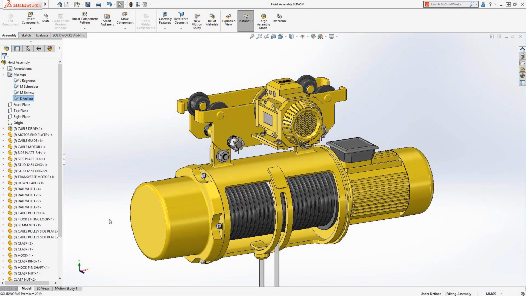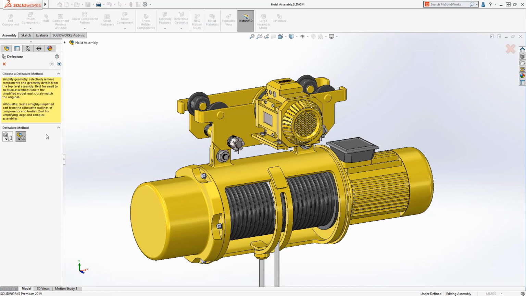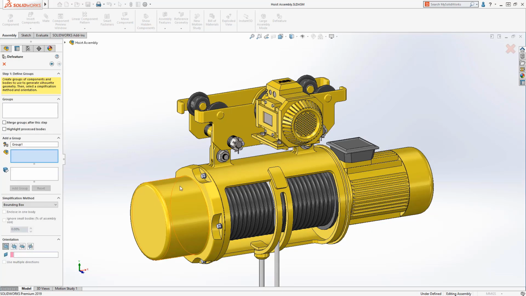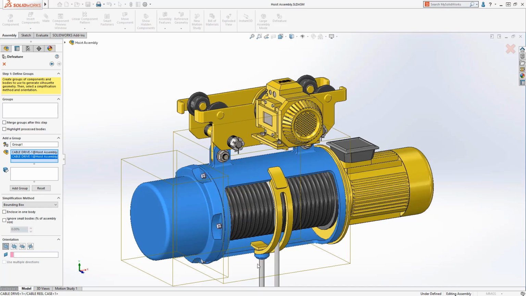Creating highly detailed production-ready components is something SOLIDWORKS excels at, but not all of this detail is required in a higher level assembly. The Defeature tool provides the capability to massively remove unnecessary detail to improve large assembly performance or to protect intellectual property. SOLIDWORKS 2019 introduces a new silhouette option to help simplify an assembly based on the outlines